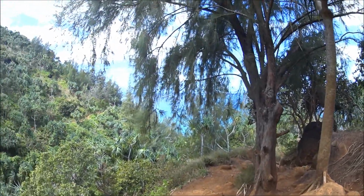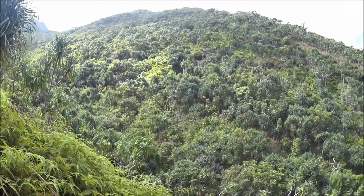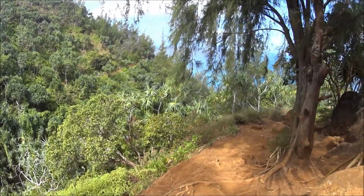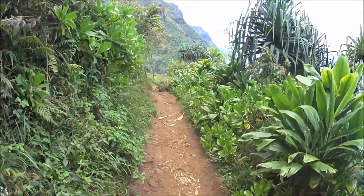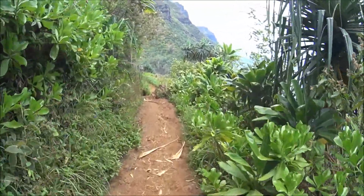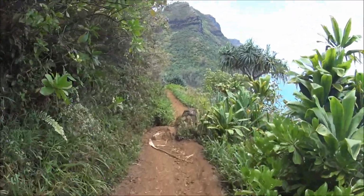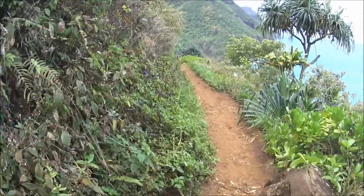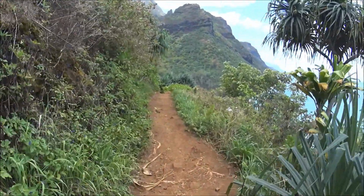Plenty of good views all around. Further behind me there was some fantastic scenery. Here I'm coming into a gulch or a valley, very green. So far this trail is by far not as strenuous as the Waimanu trail that I did on Big Island. This here is much more easygoing, big trail, not too steep in this first part, and gives you plenty